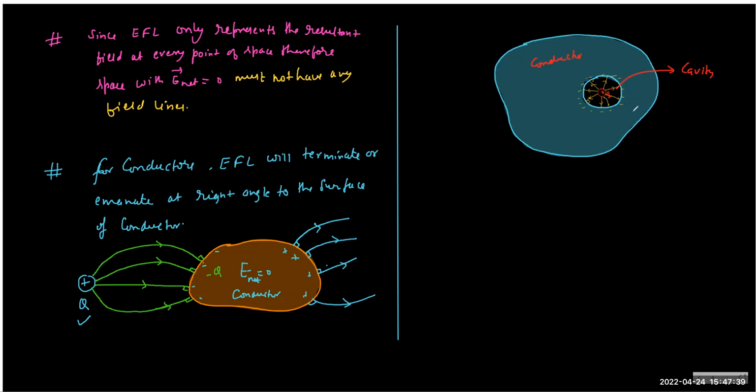It may be uniform or non-uniform depending on the charges: if the cavity is spherical and the charge is at the center, or if the charge is kept randomly. So what you can realize is that the moment you put a charge in the cavity, the field will start from the charge and end at the cavity. That's it. Now, as a result of induction, if minus appears here, then plus will appear where? On the outer boundary.